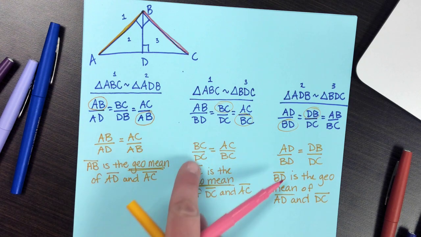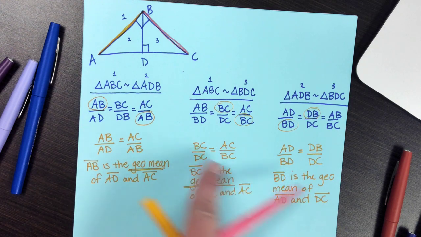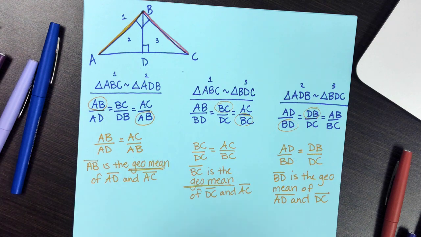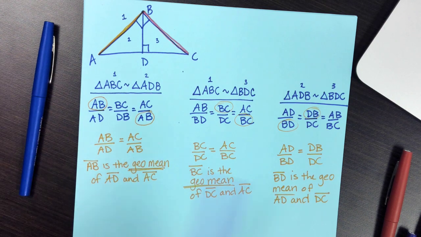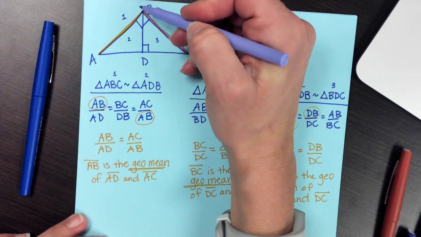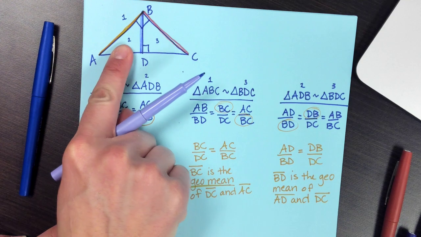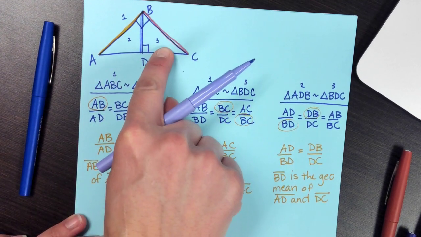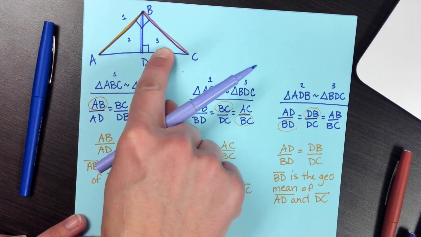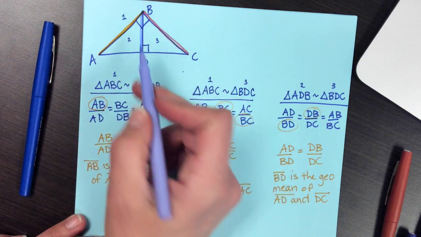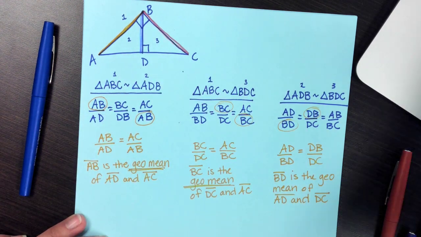If they corresponded, they'd go top to bottom. They don't correspond, which is why the cross multiplication happens. The last one is BD. Now this one's the only one that actually looks like our reflexive property from before, but it's not. It's the leg of our triangle 2. It's the other leg of triangle 3. And if I put all my tick marks in, you would end up seeing that back over here,